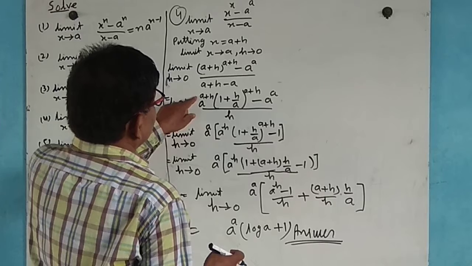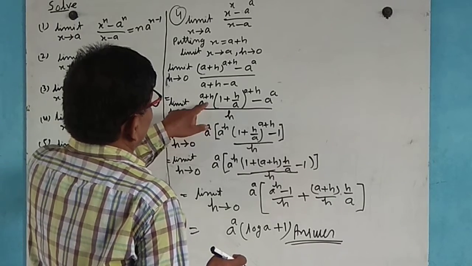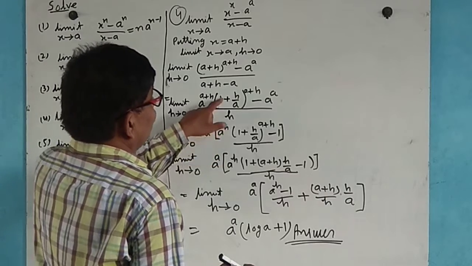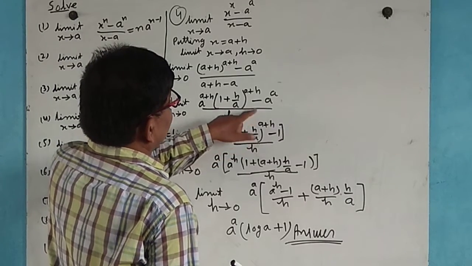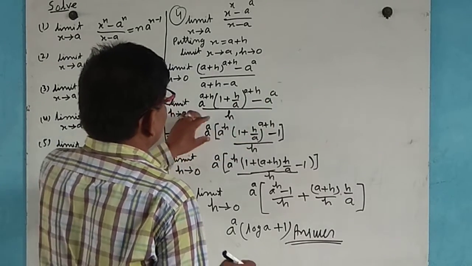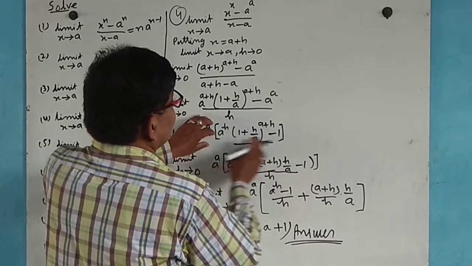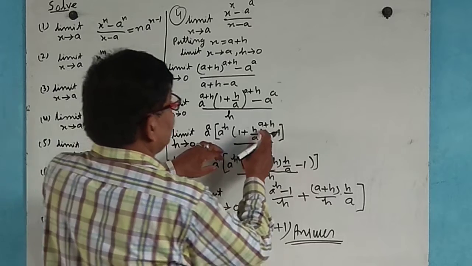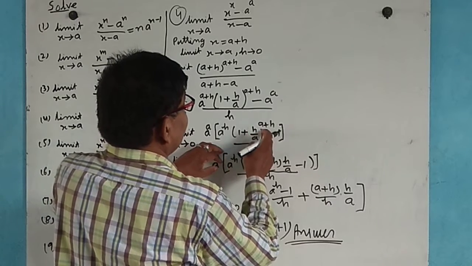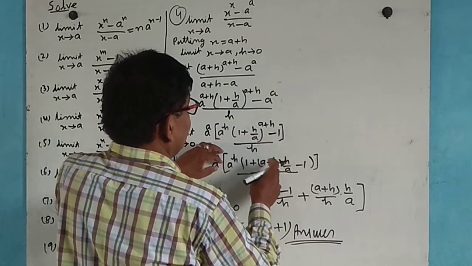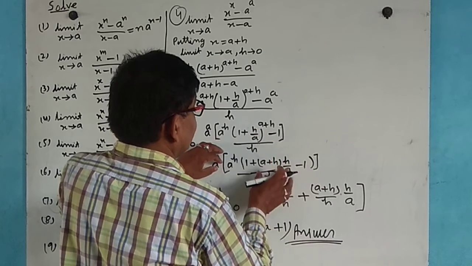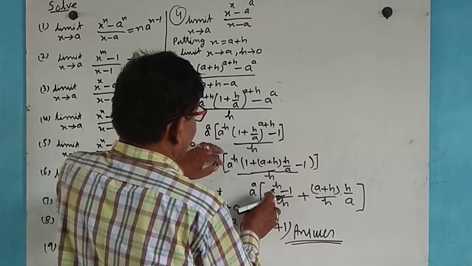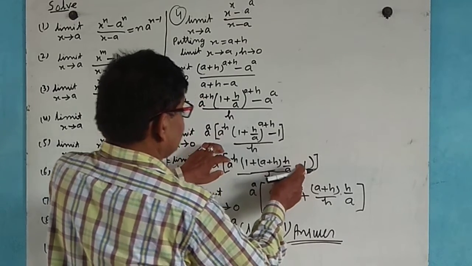Now in this case, a to power a here and a to power h, and 1 plus h by a to power this, and a to power a here common, so that under bracket here 1. Now this comes 1 plus a plus h into h by a, and 1 remove, so that a to power a minus this